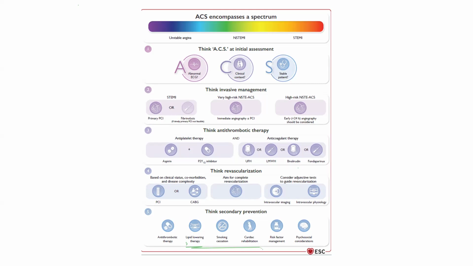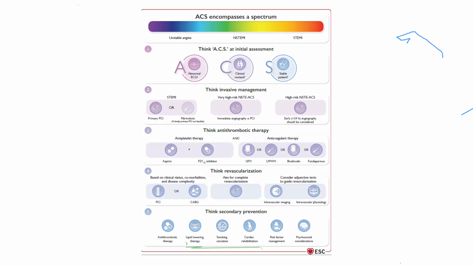And remember that as part of management, they have to receive dual antiplatelet therapy, which is mainly aspirin with a P2Y12 inhibitor. With P2Y12 inhibitors, in order of potency for antithrombotic effect, you are looking at prasugrel, ticagrelor, and clopidogrel. And in that same order, risk of bleeding: prasugrel is high, followed by ticagrelor, then the lowest risk of bleeding